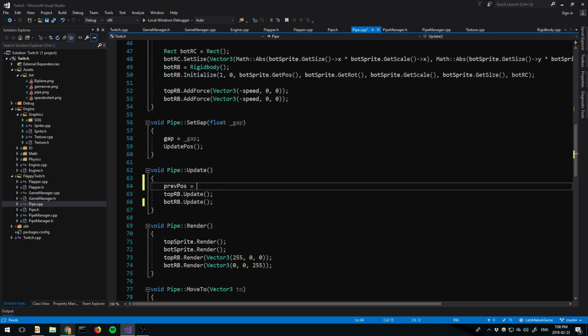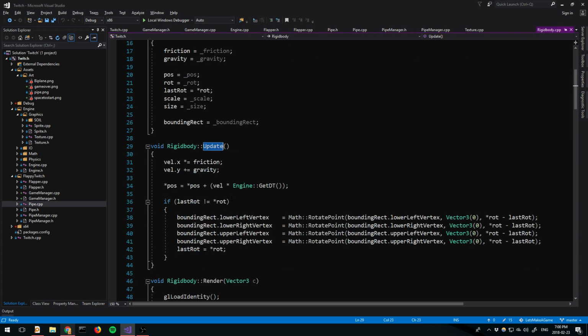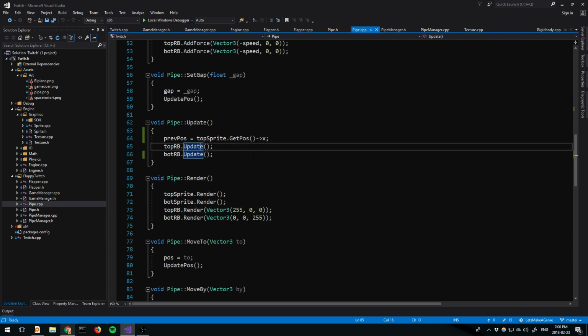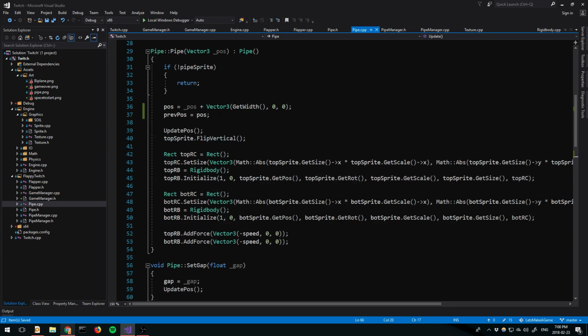So we can say prePos equals top sprite get pos X. So we'll cache our position before our rigid bodies update our position, right? And then we're changing our positions based on our velocity. And then this way, what you can do is